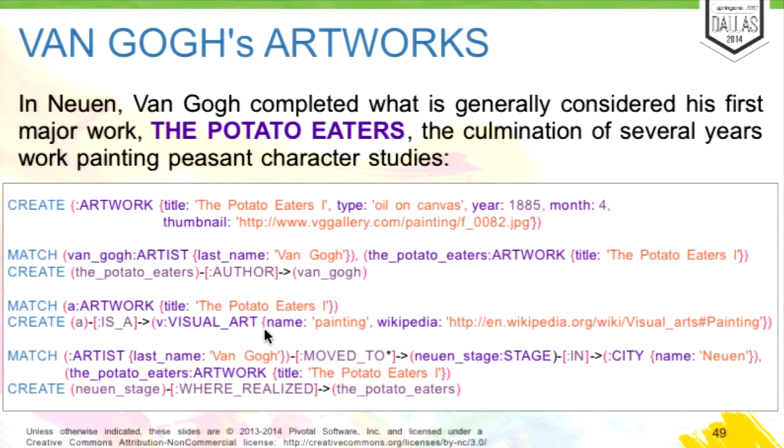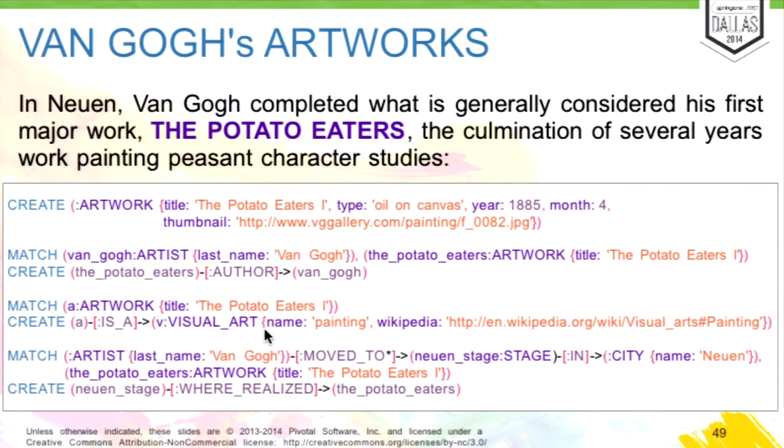So it is, as before, the stage, the city Nuenen, where he painted the artwork, by tracking the relationship where realized. So with that statement, I say, in the stage Nuenen, Vincent van Gogh realized The Potato Eaters.